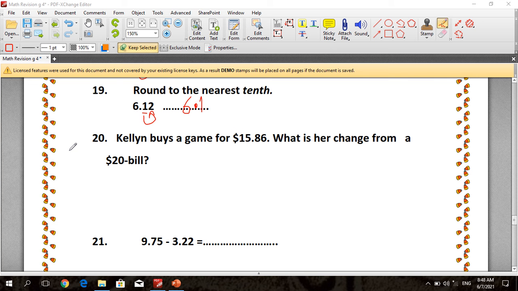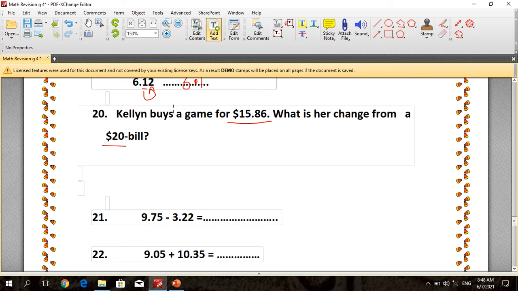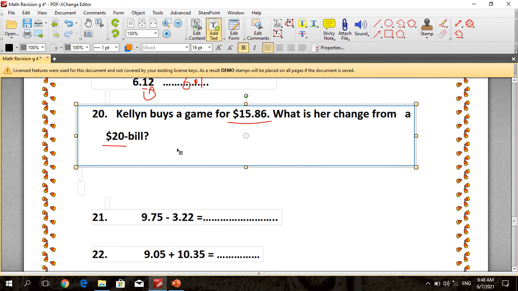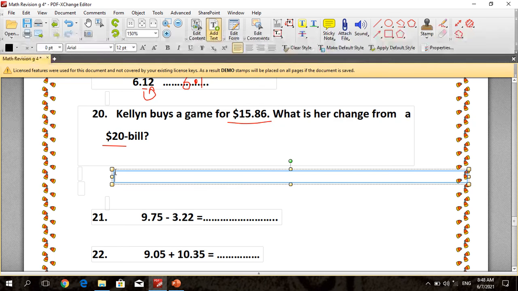Okay, now let's see question number 20. It tells you that Kellen buys a game for $15.86, okay? What is her change from $20? So she paid $20, okay? And the game costs 15.86. So now we want to know what her change is. To know that, what should we do here? Super, we will subtract. So it will be like that. $20 minus